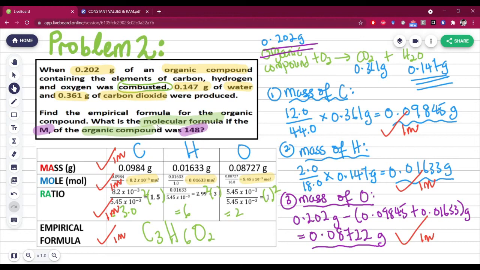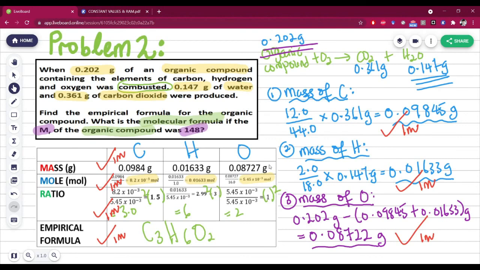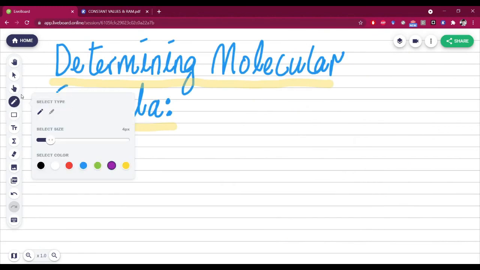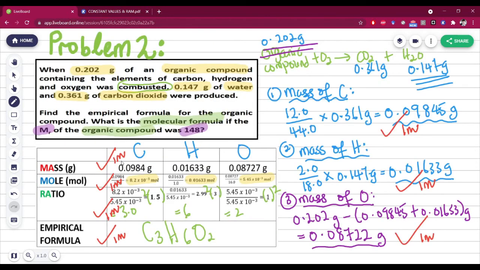And I've shown you how to do that already in the previous video, but we're just going to do that again. We have the 148. Okay. So the relative atomic mass is 148 equals to,